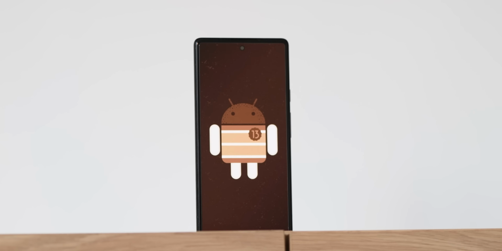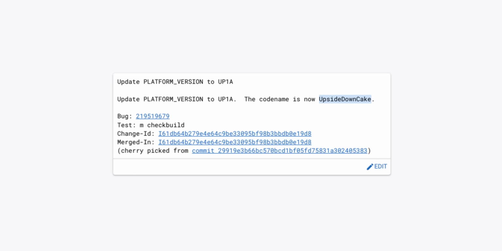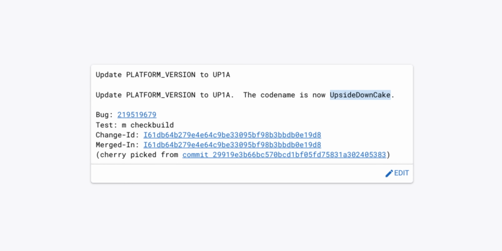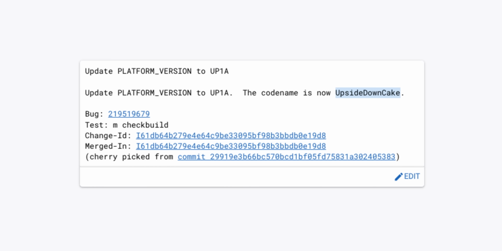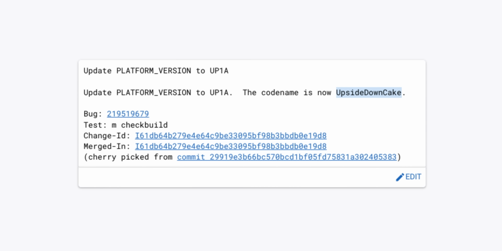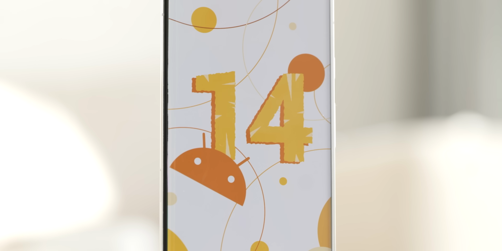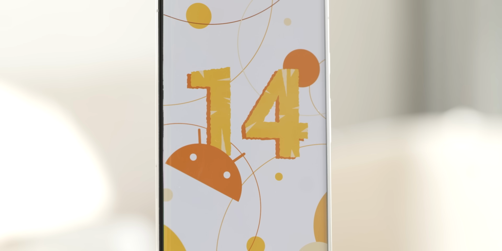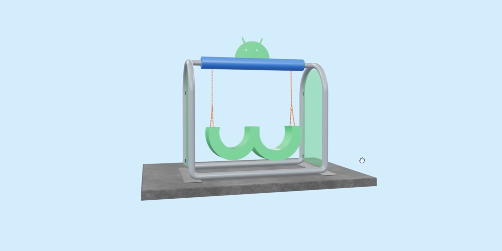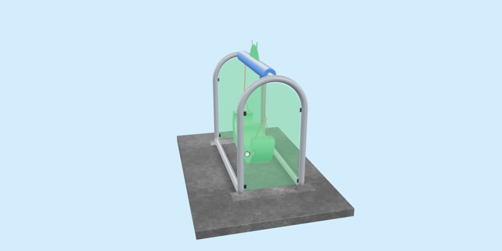Firstly, the internal dessert codename is Upside Down Cake. This was found courtesy of code changes posted to the Android open source project as long ago as April of last year. Publicly, since Android 10, each launch is known only by its assigned release number, so don't expect anyone at Google to be officially referring to Upside Down Cake. Instead, it'll strictly be Android 14. Of course, we could see some Easter eggs featuring the titular cake, as we have been in previous years.